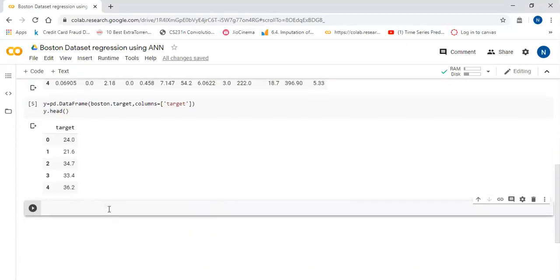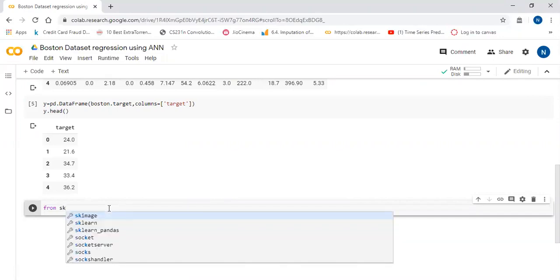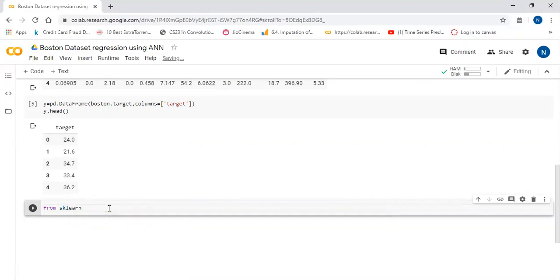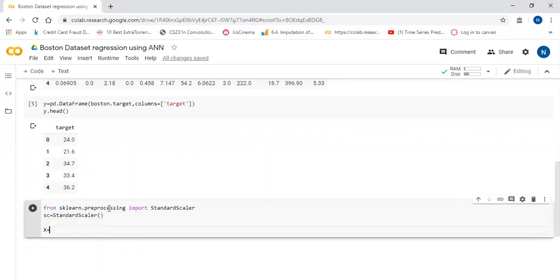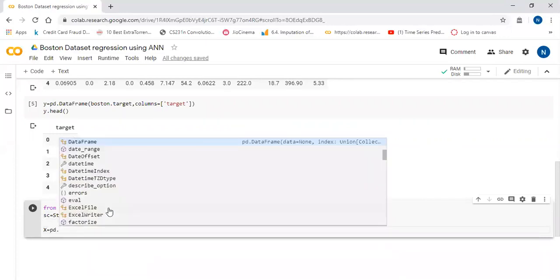So I am importing StandardScaler from sklearn.preprocessing import StandardScaler. So I'm going to create an object of StandardScaler. Now we will apply the StandardScaler to our features which we have extracted.